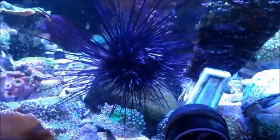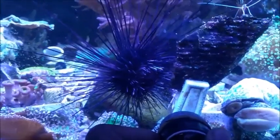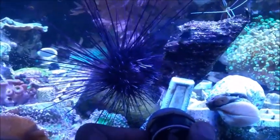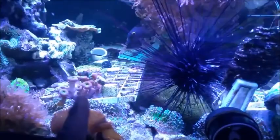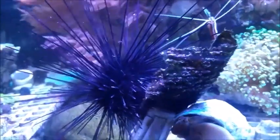If you think these guys aren't intelligent, you've got another thing coming, because I put my clip down here, move it a little bit where I want him to go, away from my little frag plugs over there, and look how he comes out. He sends out these long, soft feelers. If you can see them, they're softer versions of his spines. Finds that. Not only does he find it, but the snail comes over, and this is within seconds, not minutes, that they are devouring that algae